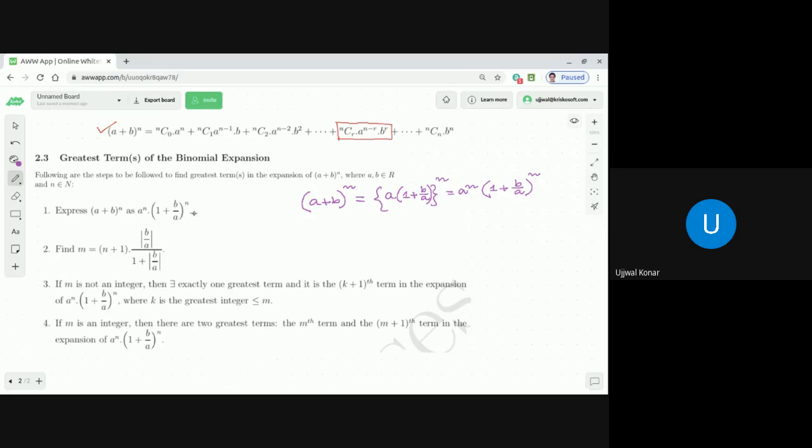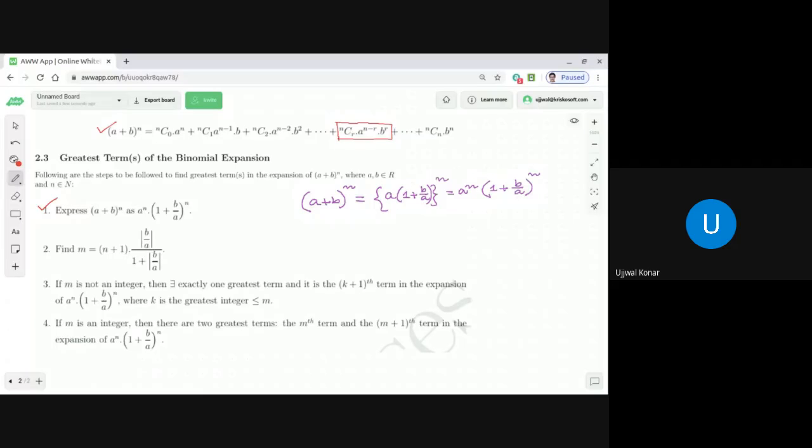That's what I have written here. Look into it. That is a step. Express a plus b power n as a power n into 1 plus b by a power n. Then the second one is that, which is equal to n plus 1 into mod of b by a by 1 plus mod of b by